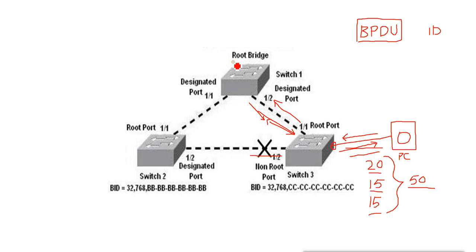So they do the election to select the root bridge, and they select the root bridge with the help of the bridge ID or switch ID they are getting from the BPDU. In the BPDUs, the switch adds its own bridge ID. So with the help of the bridge ID they will do the election to select the root bridge. Now what is the bridge ID? Bridge ID is the combination of bridge priority